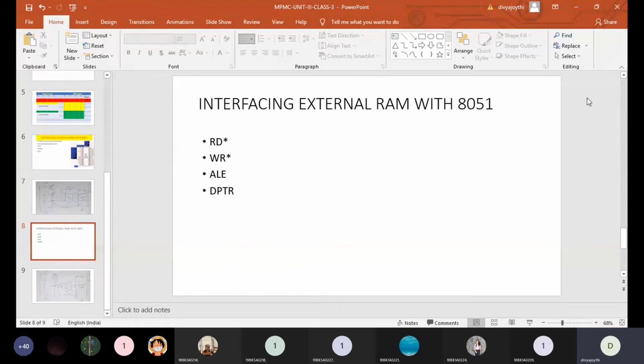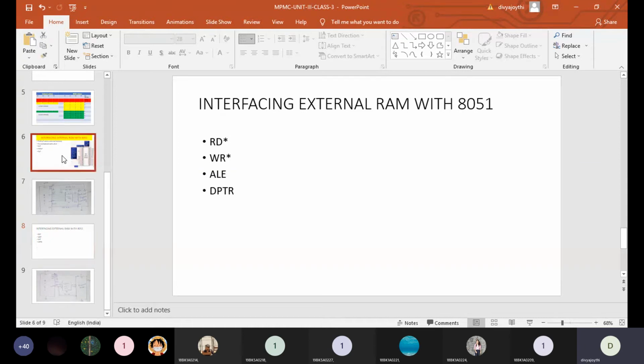DPTR is nothing but the data pointer register, which is a 16-bit register. And of course, ALE will be used. So whatever we have discussed for ROM, we have discussed ALE, PSEN, and EA bar. Along with these three, the new things are read bar, write bar, and DPTR.